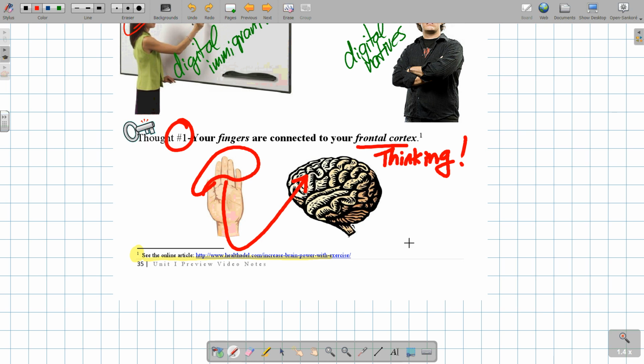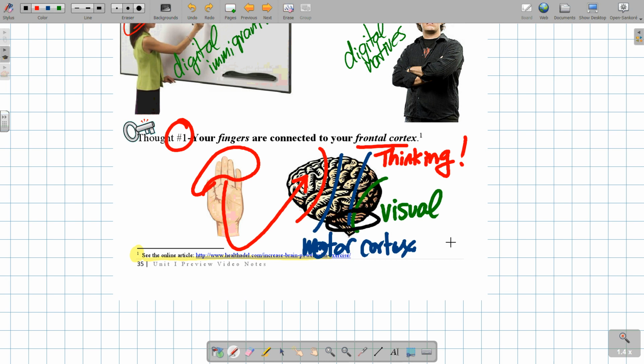The occipital cortex is the visual part of the brain. In the middle here, we have what's called the motor cortex, which is both voluntary motion. And then you have the cerebellum down here below, which would be the involuntary motion and reflexes. So you need to understand that there are neurons connecting your hand to the thinking part of your brain. 2,